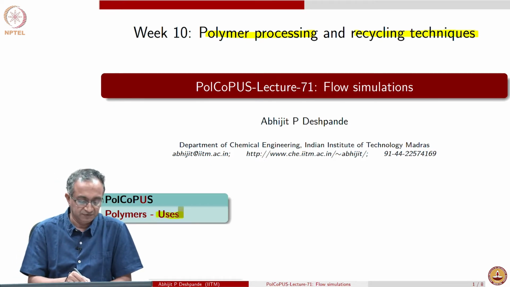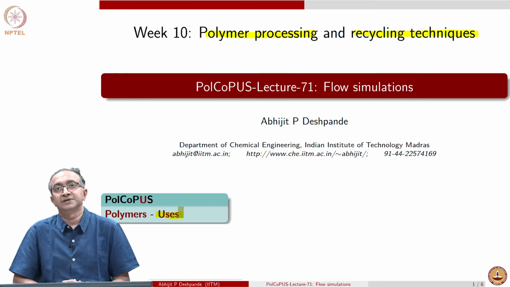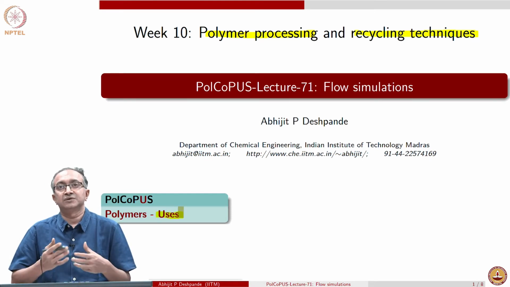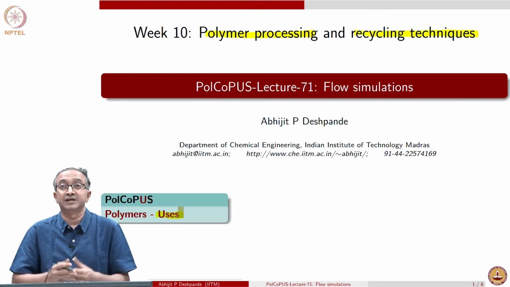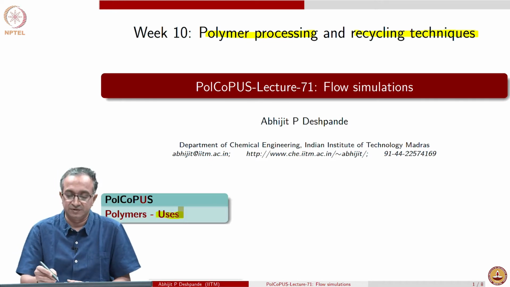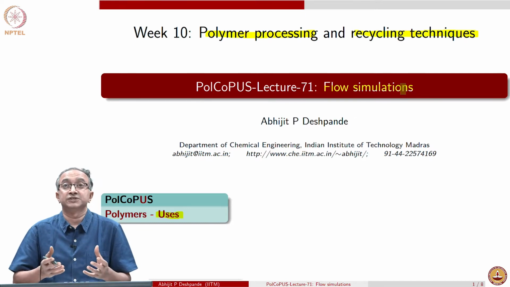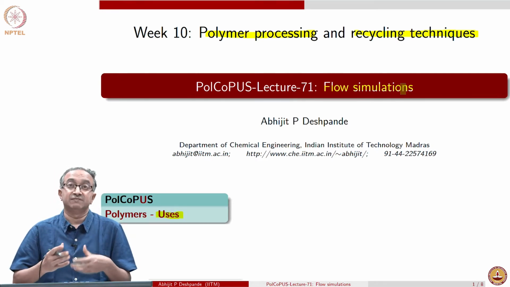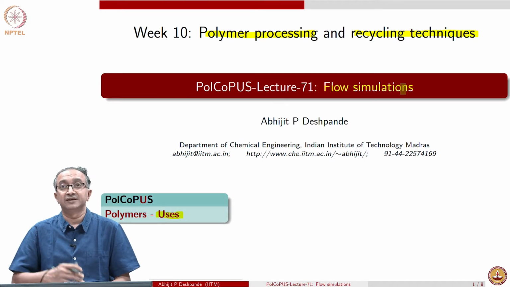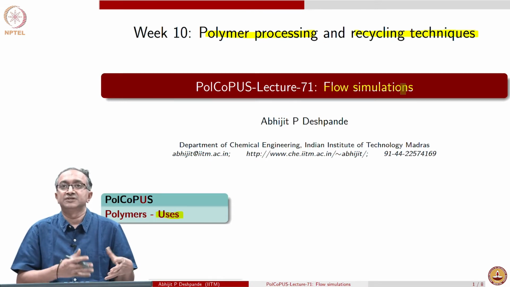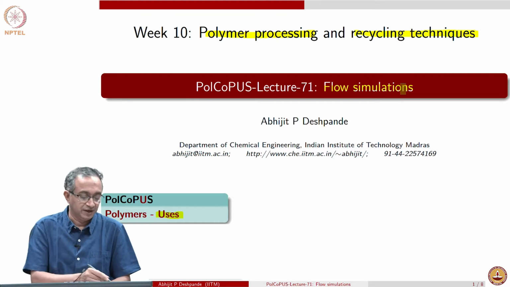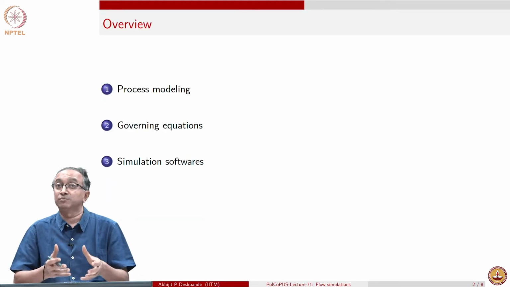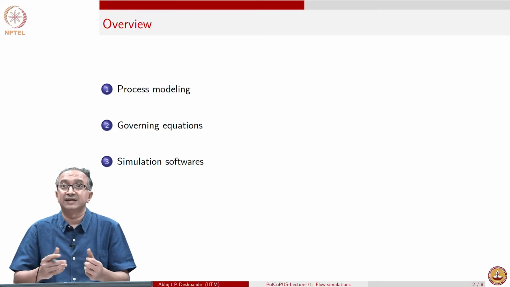And in this lecture, we will look at an important component of industrial polymer processing these days, which is in terms of use of simulations in order to optimize and arrive at quick decisions as to how overall processing operation ought to be carried out. So, flow simulations have become quite common, and there are several versions of flow simulators. There are several types of flow simulators which are available, and it is routine now in industries to actually use these along with the experimental trials to try to speed up the process of arriving at the best processing operation and the best formulation and the best part at the end.